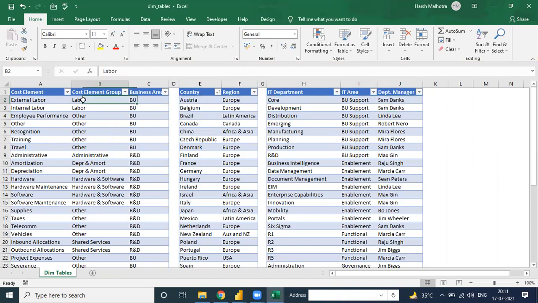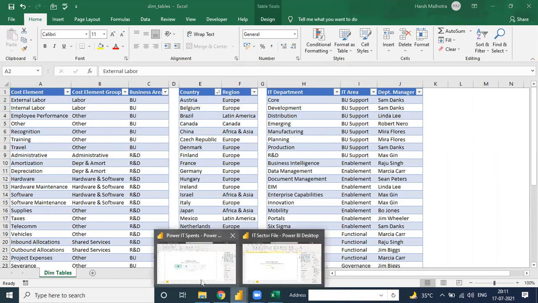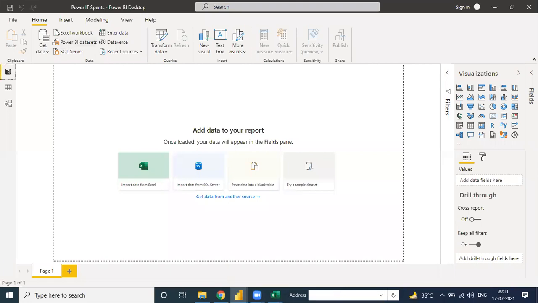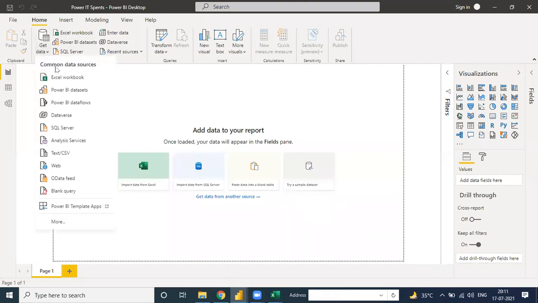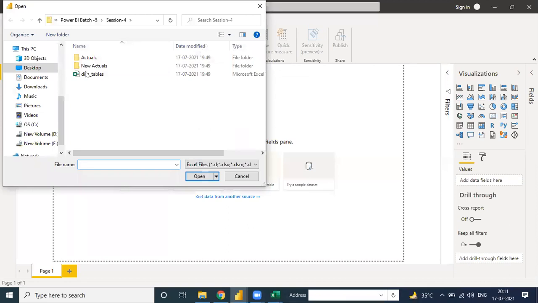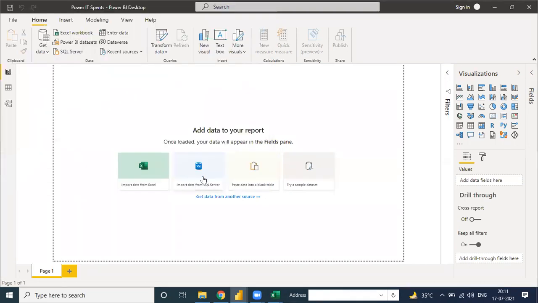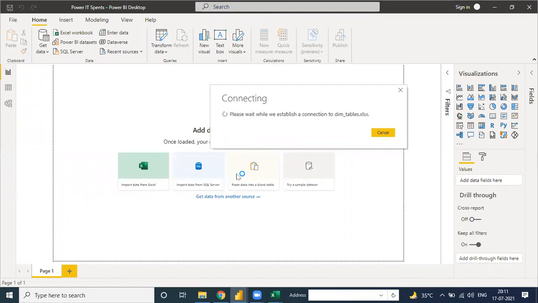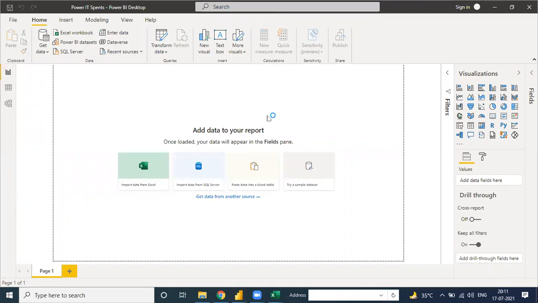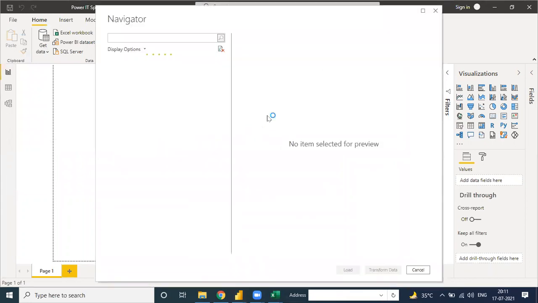Okay, so I will put all the dim tables and fact tables into our Power BI. What should I do? See, there is an option where we can get data from a file, Get Data, then Excel. First we import just Excel, and the dim table is in an Excel file. I have the Power BI section for the dim table, and open. It will take some time because, depending on your data, if your data is large it will take a long time, and if it is small it will take less time.